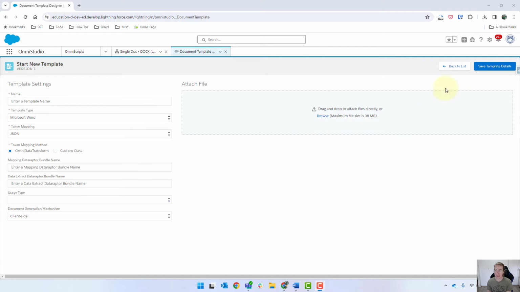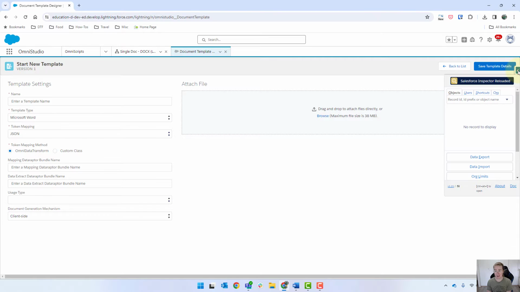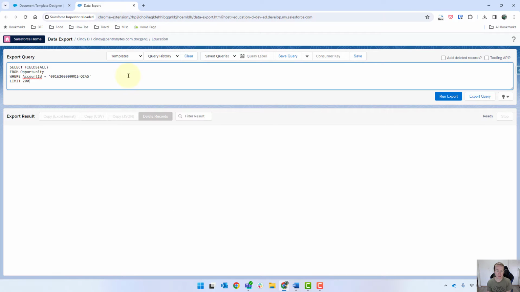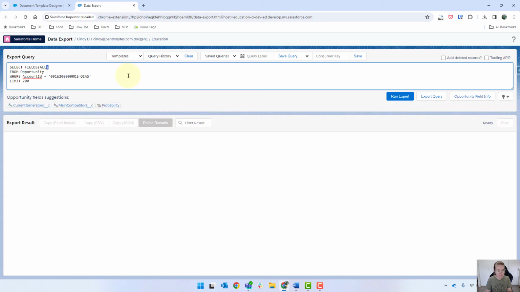So if you're not already using it, I highly recommend Salesforce Inspector Reloaded. It's a Chrome extension. And just in data export, I'm going to use this to find some data. So this is a query that I wrote last time. So I want to get some opportunities. I'll show you how I actually came up with this previous query that was on there before. If I go select